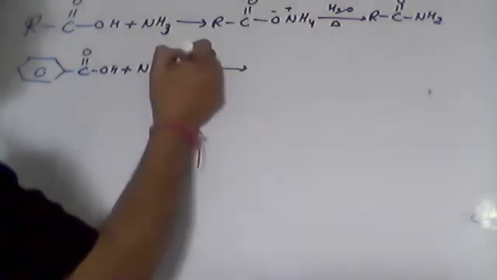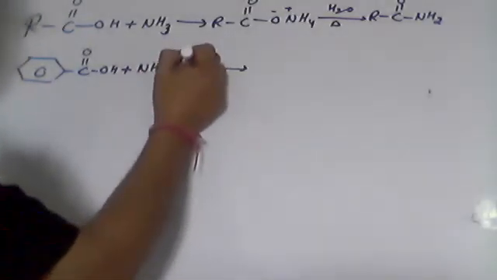One more example I will take of benzoic acid, C double bond O and OH. It is benzoic acid. I'm going to treat this one with the ammonia, NH3. Suppose above the arrow, it is written heat. Then you need not make the first step. You can directly make the amide. But just for the explanation, I'm going to write down both of them.